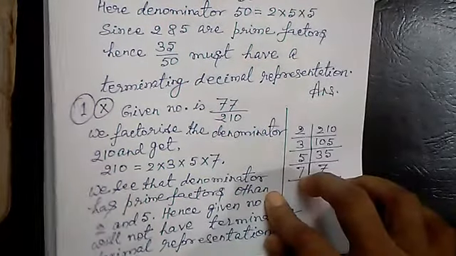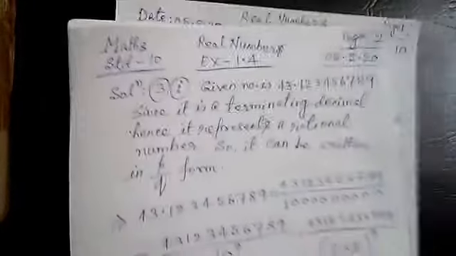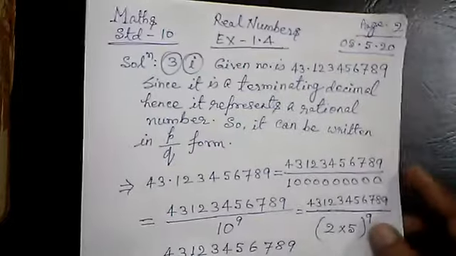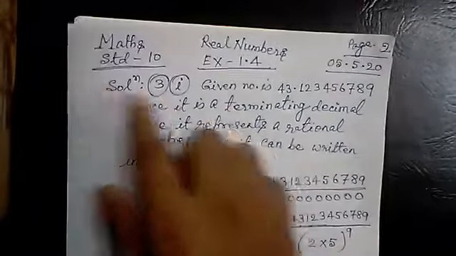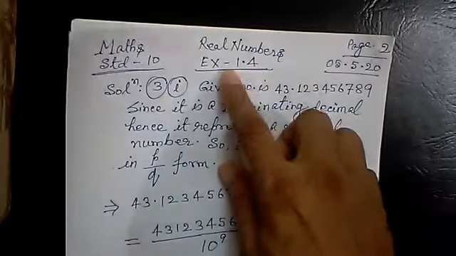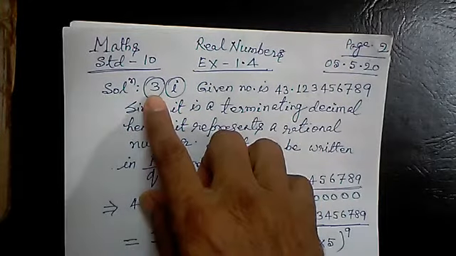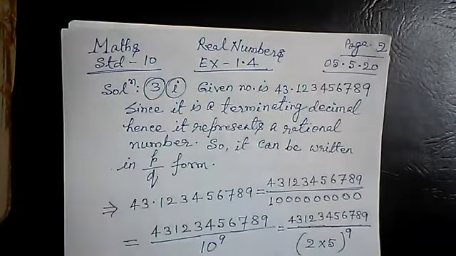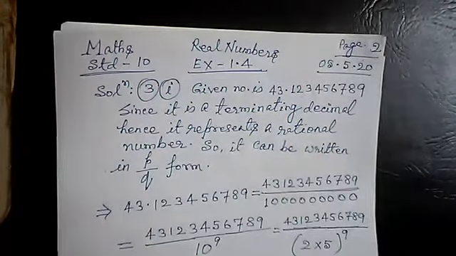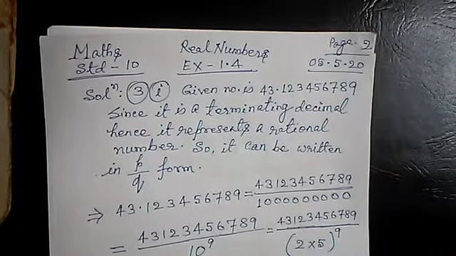After this page of sum number 1, now we will come to the next page. In the same exercise 1.4, now we will do sum number 3. So see the first sum of sum number 3 in your book. What is the first sum of sum number 3? The given number is